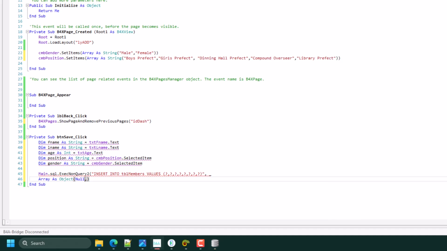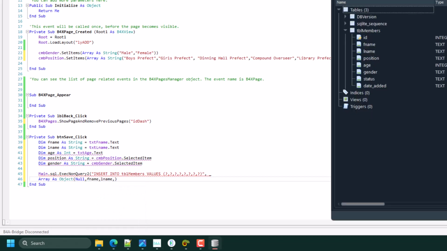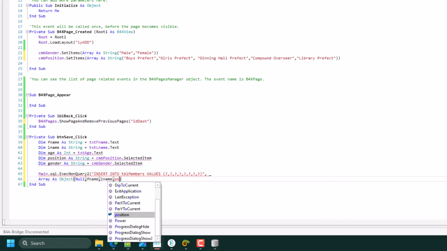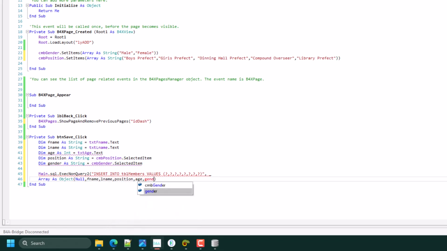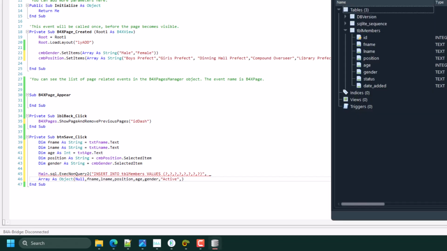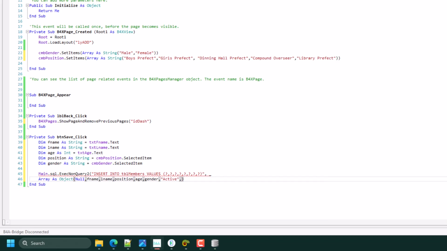So you have first name, last name, position, after position, age, gender, status, by default you should just add active, and then last, another is date added.